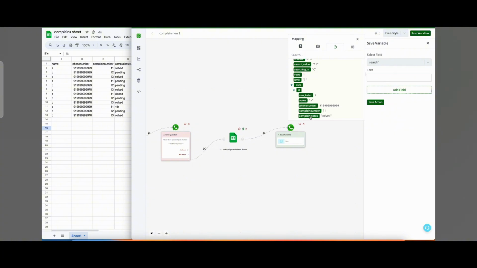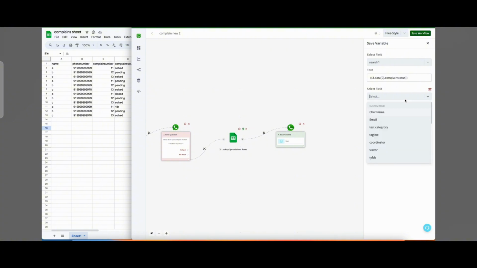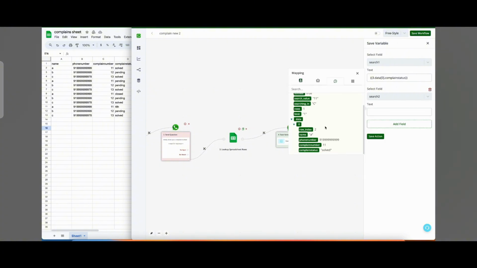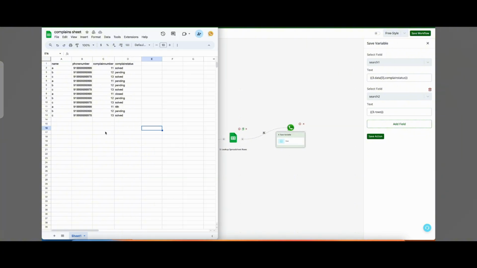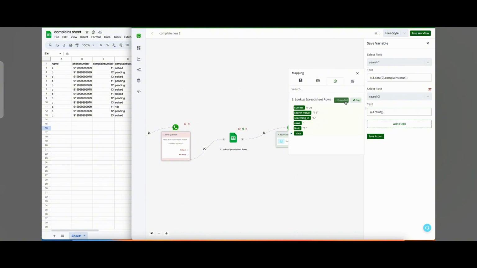So for example, I want the complaint status to be saved, so I'm saving it in the search one field, as well as I want the number of matching rows to be saved. So for example, here the matching row is 1, so it has responded as 1. If there was no complaint number, say if the user right now entered maybe 15 and there is no data here in 15, so the number of rows that would come here in the matching rows